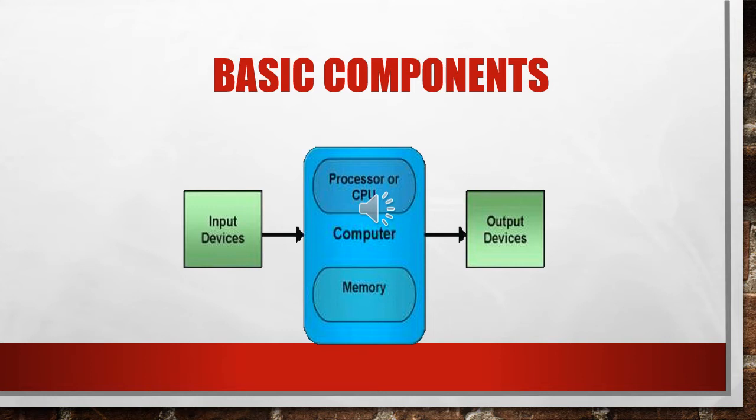Primarily there are three important components of the computer that you can see in the image as well. These are input devices, your processing unit, and output devices. There are other components as well, but if these three components do not work in synergy, they will not lead to smooth functioning of your computer. So we can call them the building blocks of a computer system. The basic components of a computer are input devices, your central processing unit, and output devices.